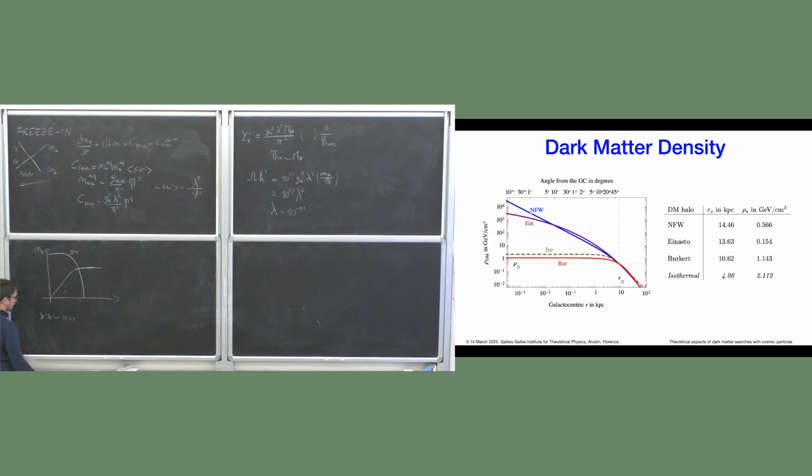Okay. Other questions? Okay. So now we move to the dark matter density. That is a very important quantity for indirect detection. So one way to find